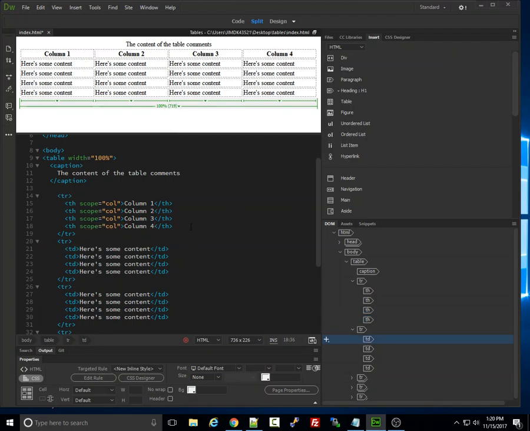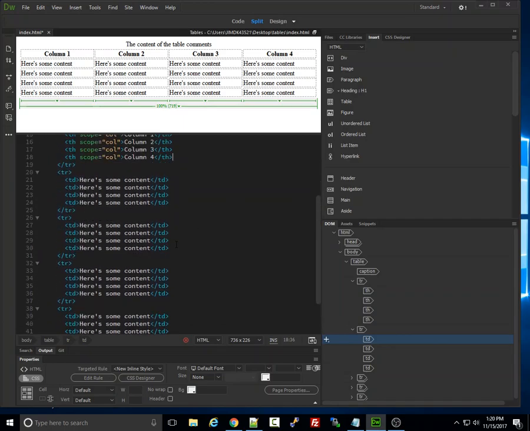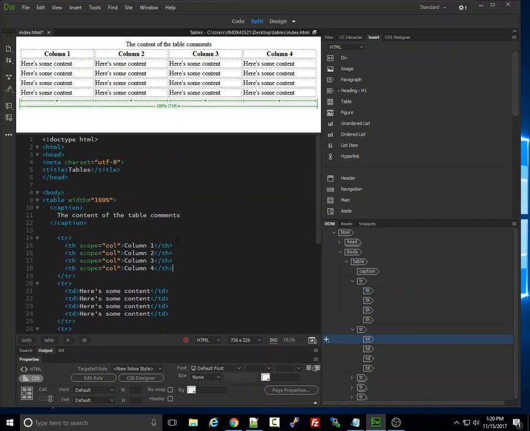Okay, so I was going to do accessibility later, but we did talk about two of these pieces already, the caption and the scope commands. Also, we talked about summary. So we're most of the way there. Okay, I don't want to jump right into styles too much yet, but let's talk a little bit